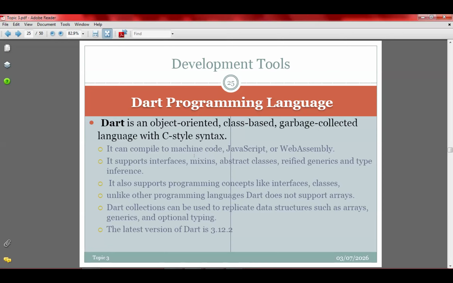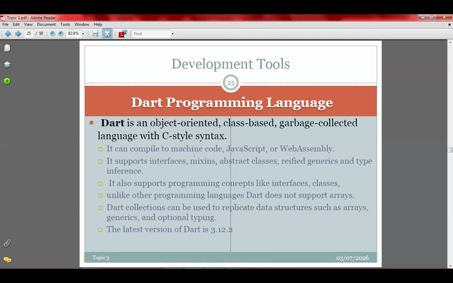It also enables you to use C-style syntax. So it can compile to machine code, JavaScript, or WebAssembly. Like we said, I think Stevie, one of you, might ask me if you can use that to create a website. Yes, it has some website functionality.